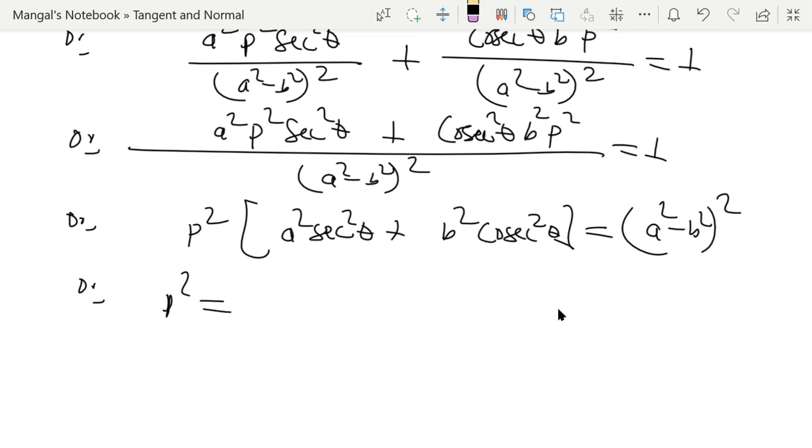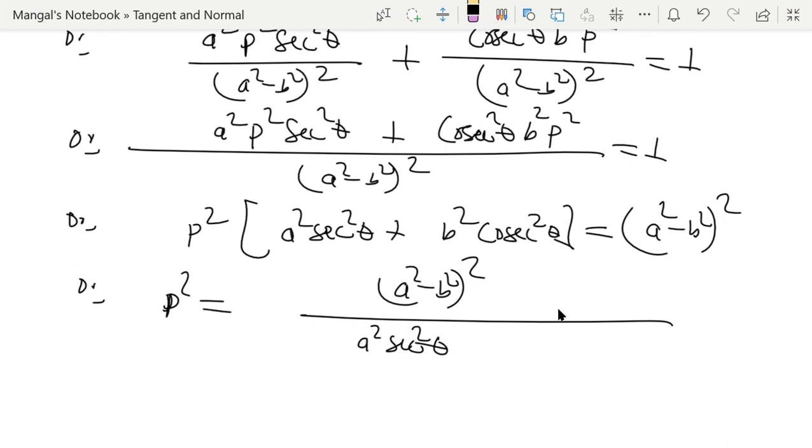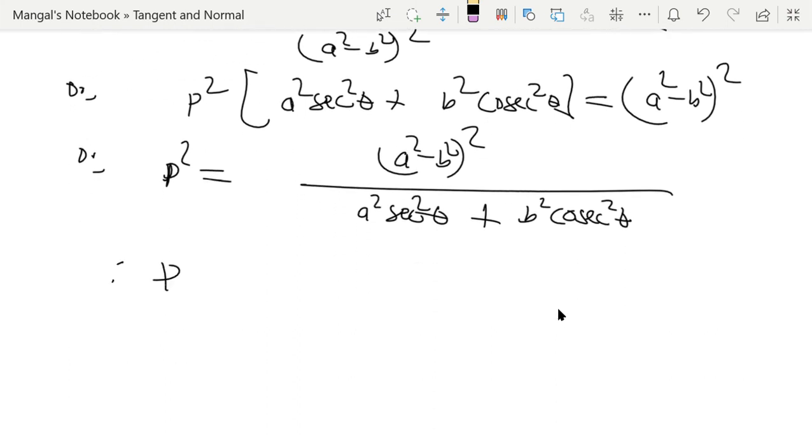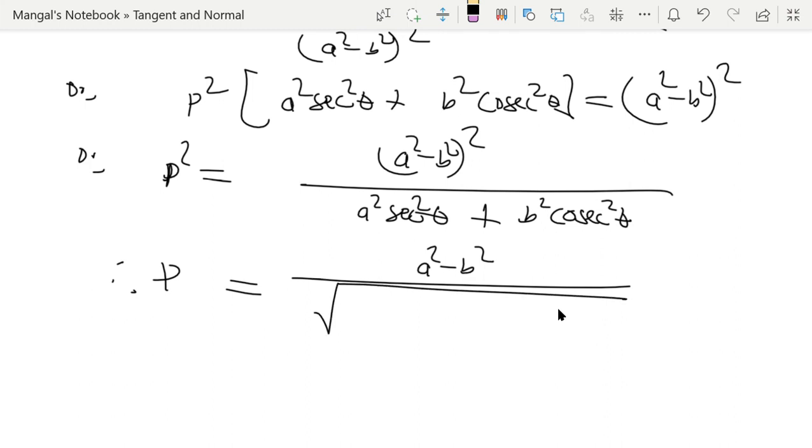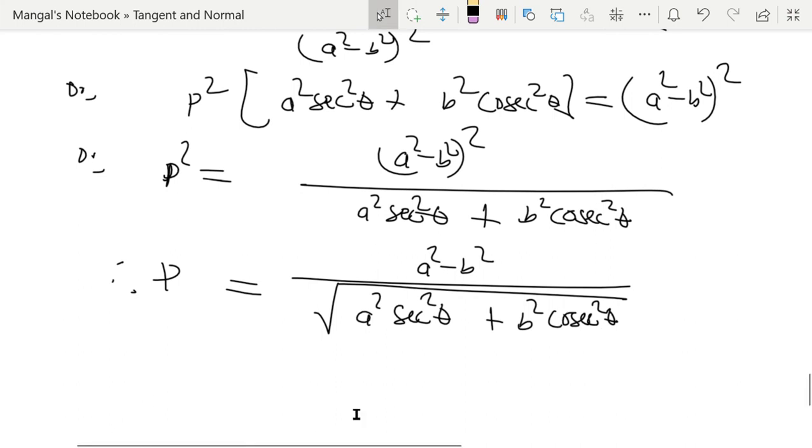Let's bring it down. So p square equal to a square minus b square whole divided by a square sec square theta plus b square cosec square theta. So we get, therefore, p equal to a square minus b square. I'm taking the square root on both sides, so square is removed, a square minus b square only remained, and there is root under a square sec square theta plus b square cosec square theta. So this is the value of p,